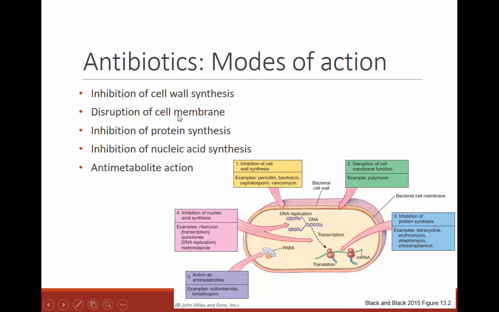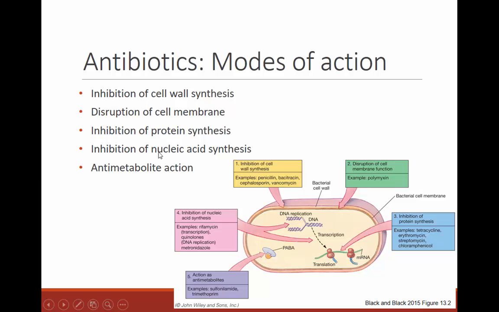If you disrupt the cell membrane, once again, you get that change in osmotic pressure and the cells will lyse eventually. If you inhibit protein synthesis, then the cell can't make those proteins or enzymes that it needs to metabolize. So that will stop it